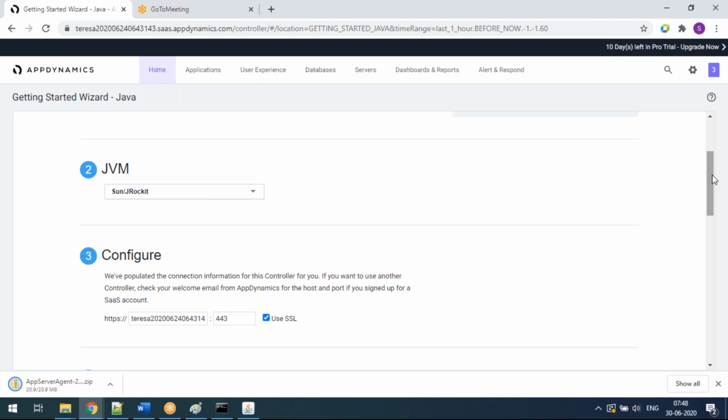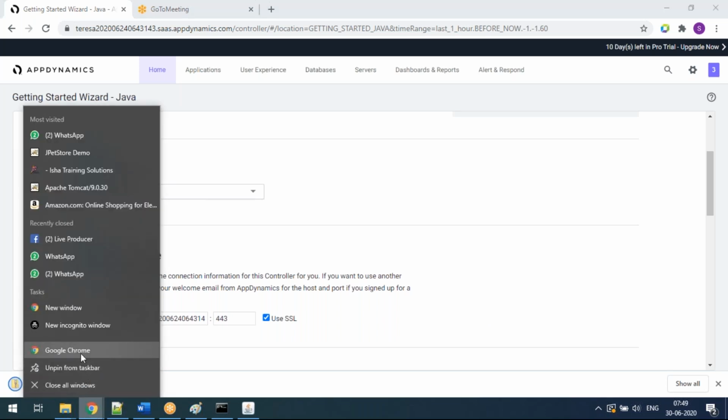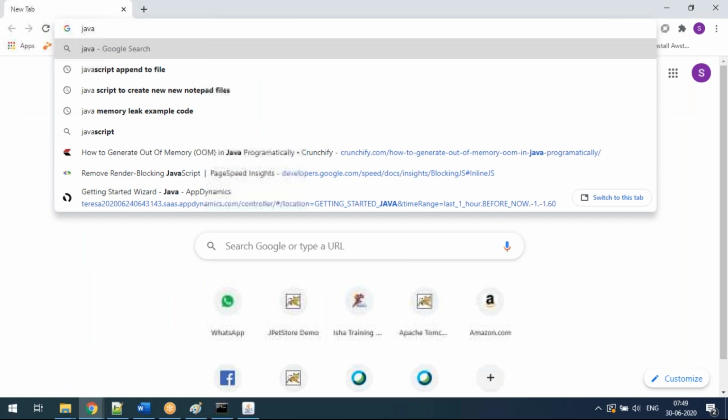Sarvan, how do we differentiate the JVMs? For all JVM, Java, it comes under Sun JRockit? No, that is what I'm saying. This Java component has actually evolved over the period. Initially it was with Sun, and now IBM also has its own JVMs. I may show you, but I don't want to make you confused. That is the reason I did not explain that.